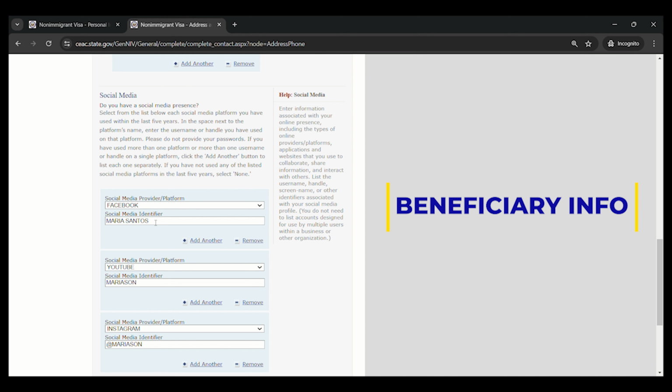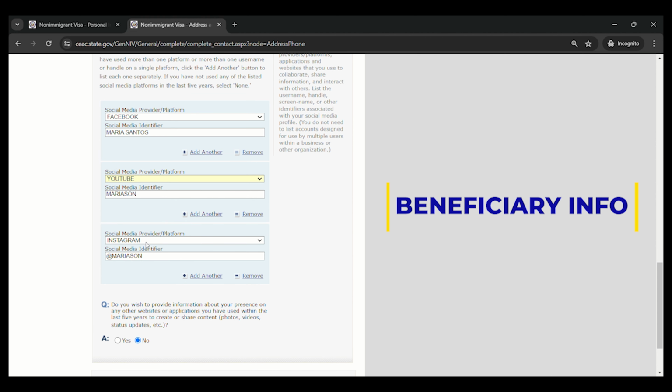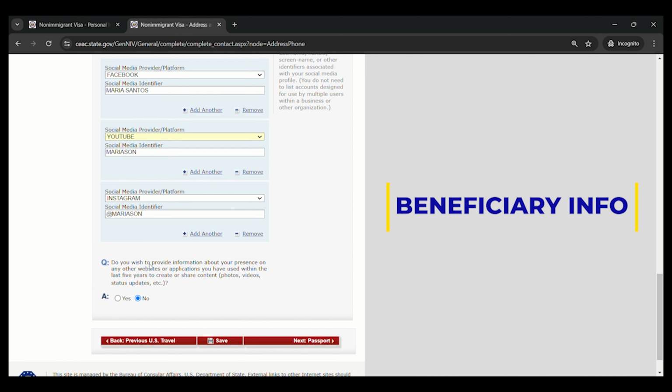And social media identifier, for example, Maria Santos. Add another social media provider. I also have a YouTube channel, for example, Maria Son. And then you can also add more. So if you have Facebook, Twitter, Instagram, you can add and provide the identifier of each platform.